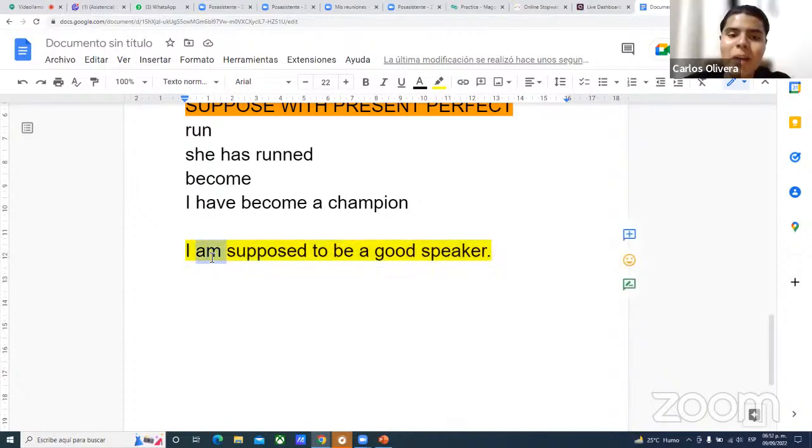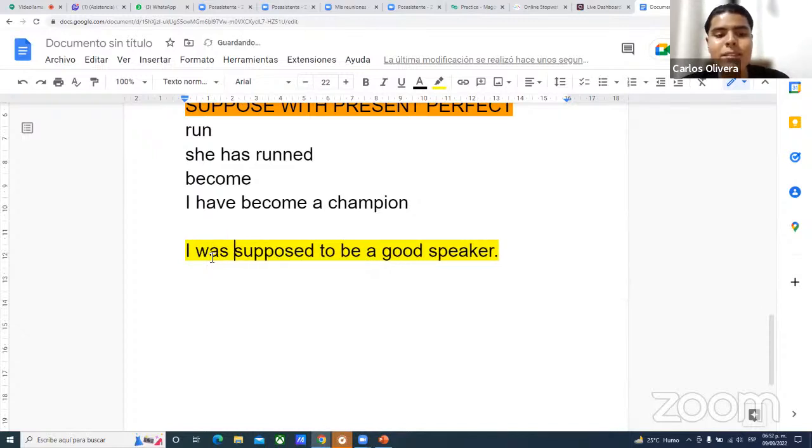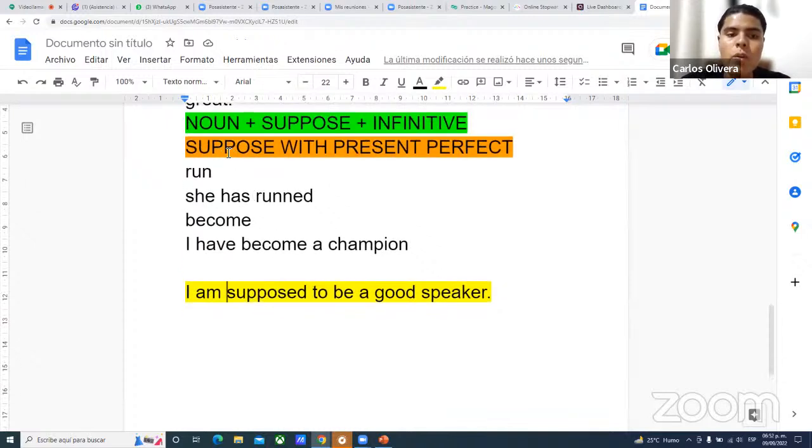Because you're using I am, right? If you were, for example, with a past sentence, it would say I was supposed to be a good speaker, right? But in this case, it says I am supposed to be a good speaker. It's a very good distinction, that one that you made. So that is key and very important. Why? Because as I say, when you are talking about suppose with present perfect, what you mean is basically expressions